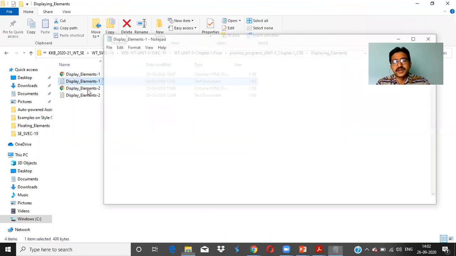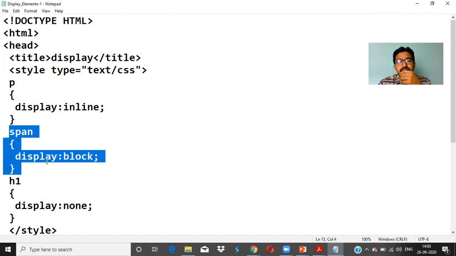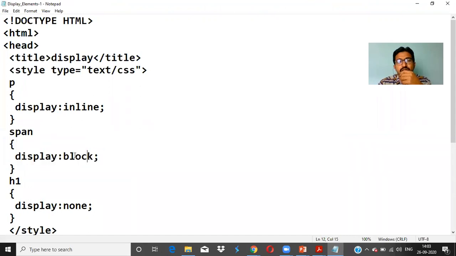So this is one example. Hope it is visible. Now in this example, if you see here, I am taking a paragraph P for inline. The value here for the display property is inline. Second, for span, I'm going to take block as the value. And for H1, I'm taking none.